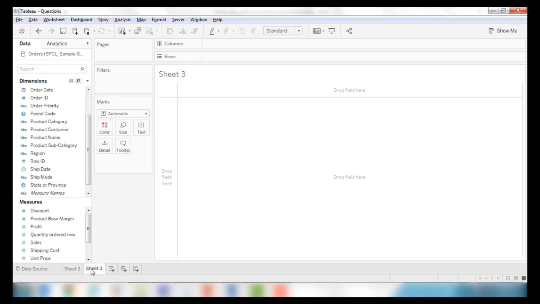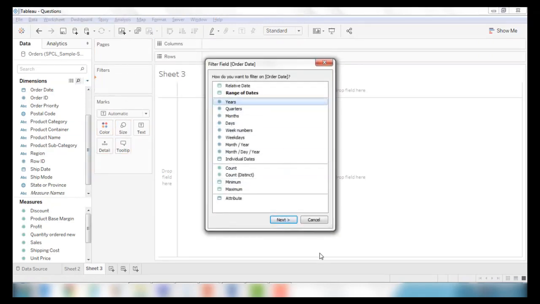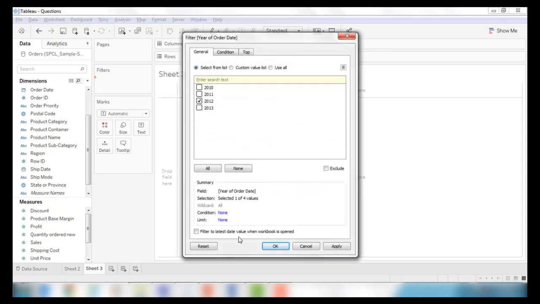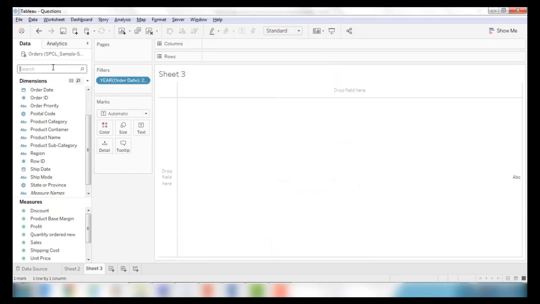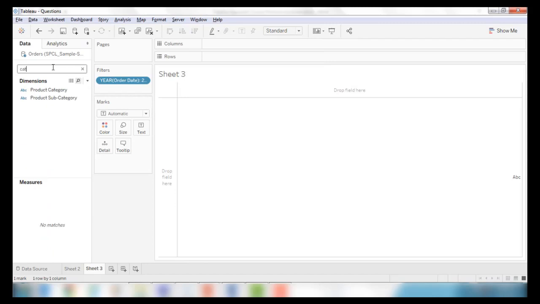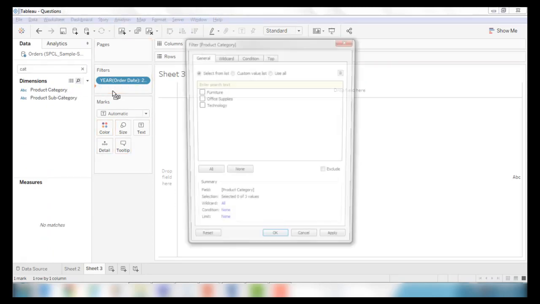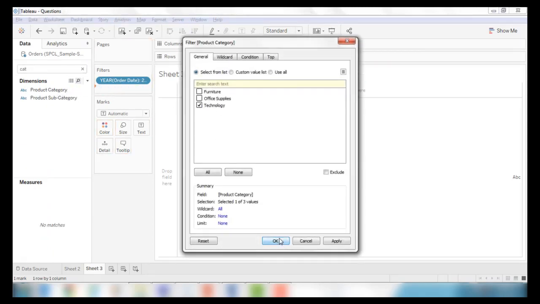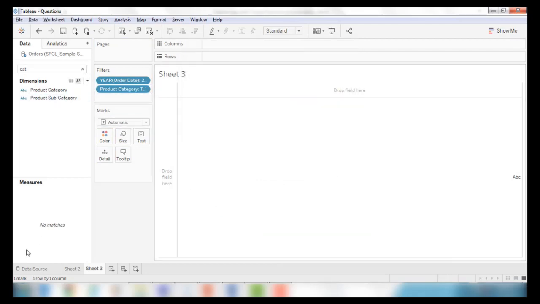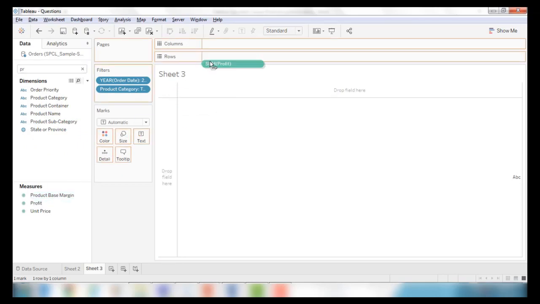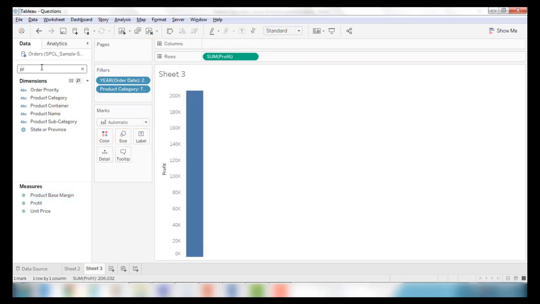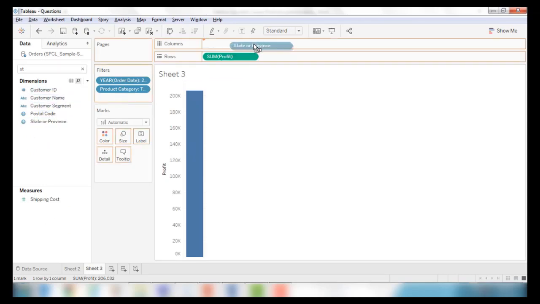For example, if we go here, we put order date as 2012, and product category as technology, and we create a profit, and here let me put states, state or the provinces,